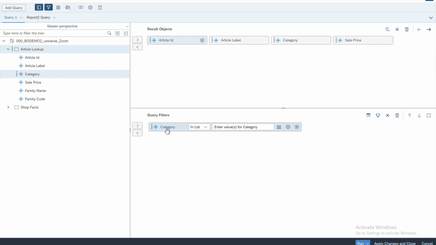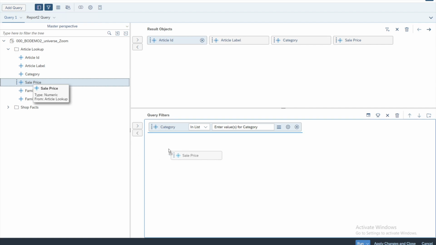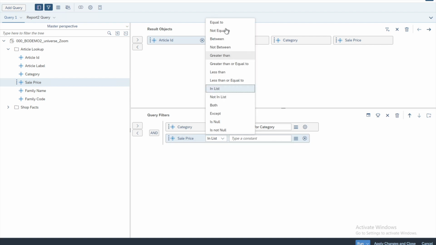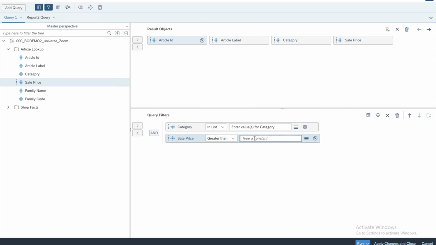Instead of using just one parameter or variable for the filters, we can go for multiple parameters as well. So we can say that where the category is in that particular list and the sale price, so we will select the sale price, drag it onto the query filter, and we can say and the sale price is greater than 150. So again, we are using a constant value. And now if we run,